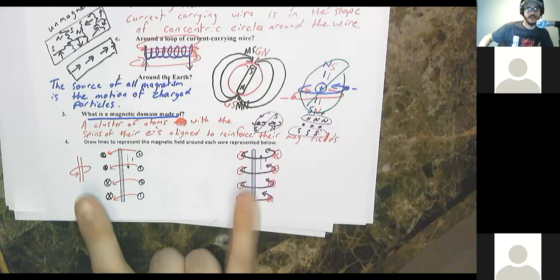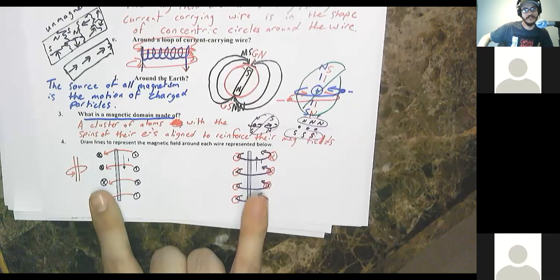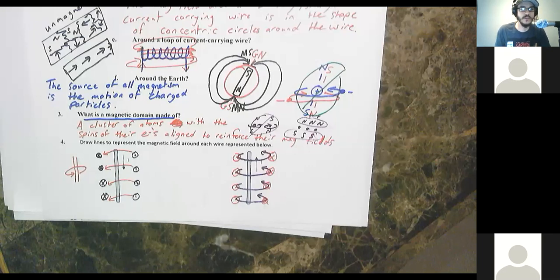So reversing the current reverses the magnetic field. You can reverse the direction of the work done by the magnetic field. So you can make your motor spin backwards. Or if you had a fan, I realize that we live in Florida where you don't have seasons, but for anyone who has lived anywhere else or has family that you visit during the summer to try and escape the heat,